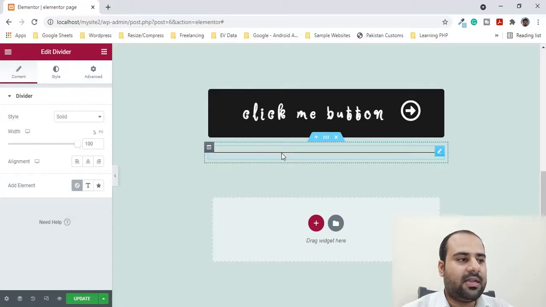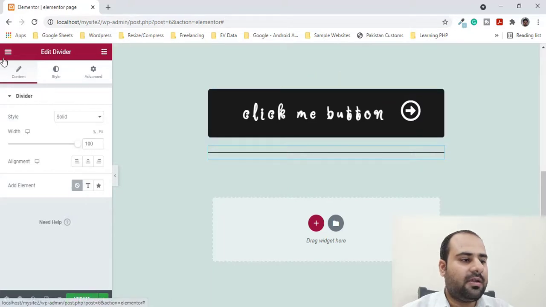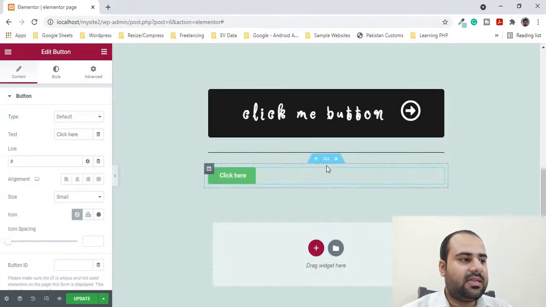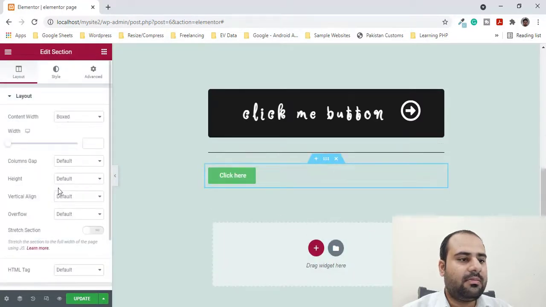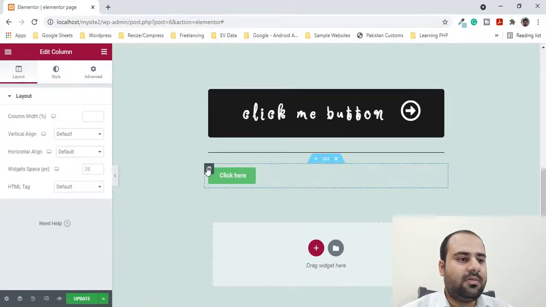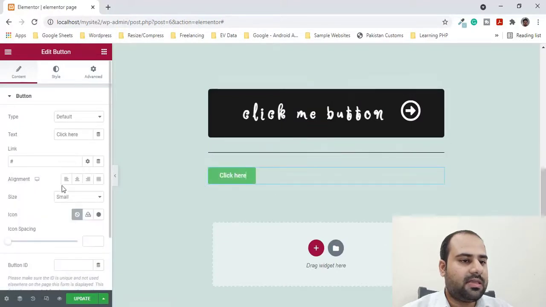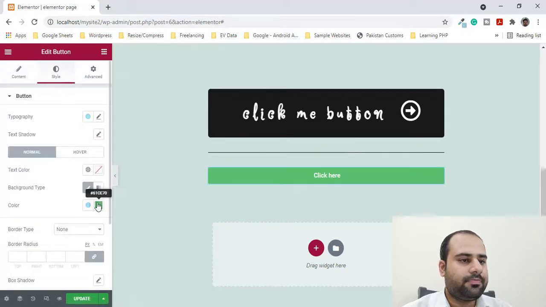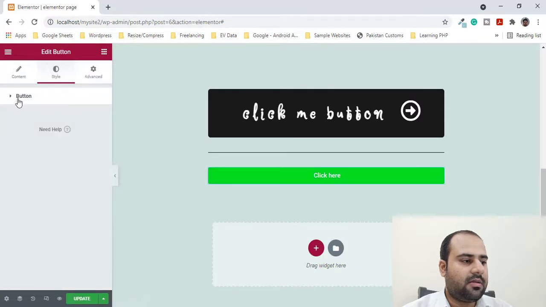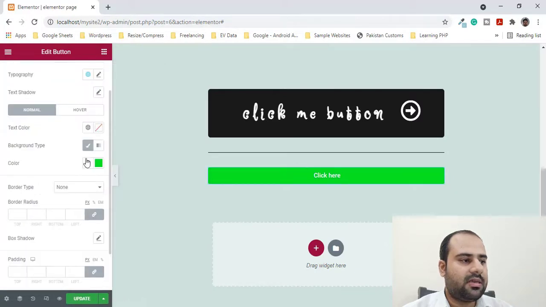Like if this is a button and we are going to place another button here, then you can see that these two buttons are separated by a divider. Let me just make it a little bit visible to you. If I increase it here,